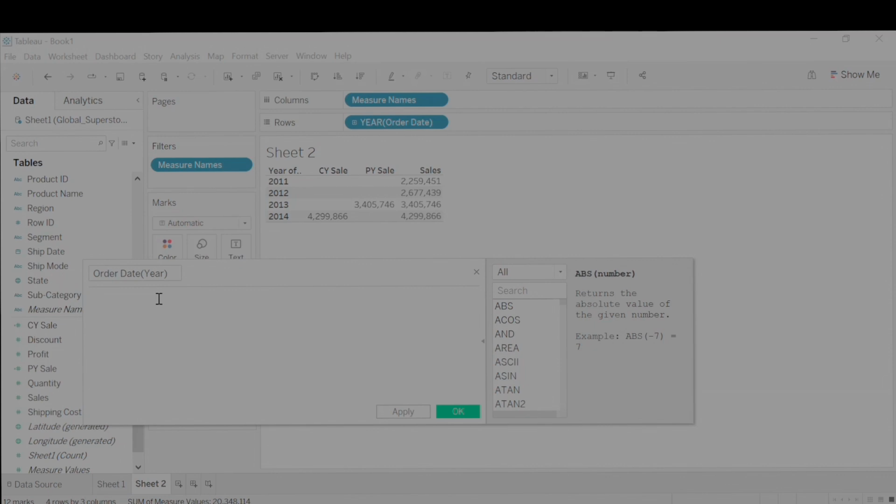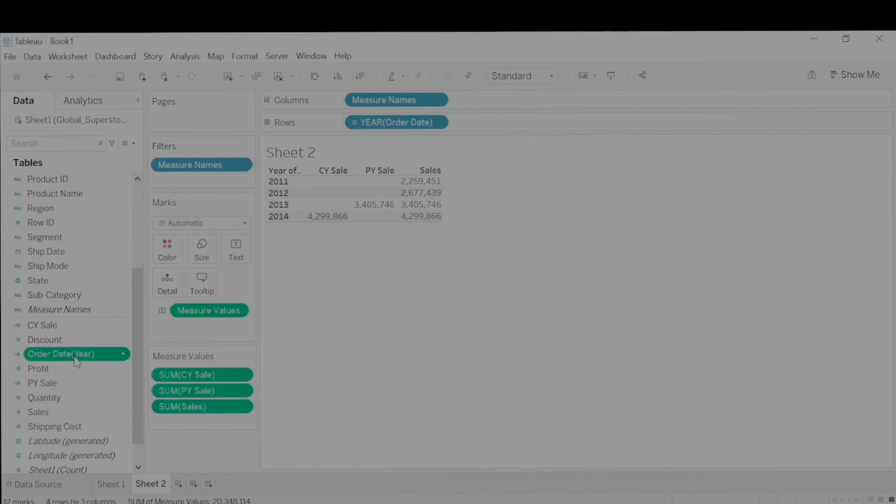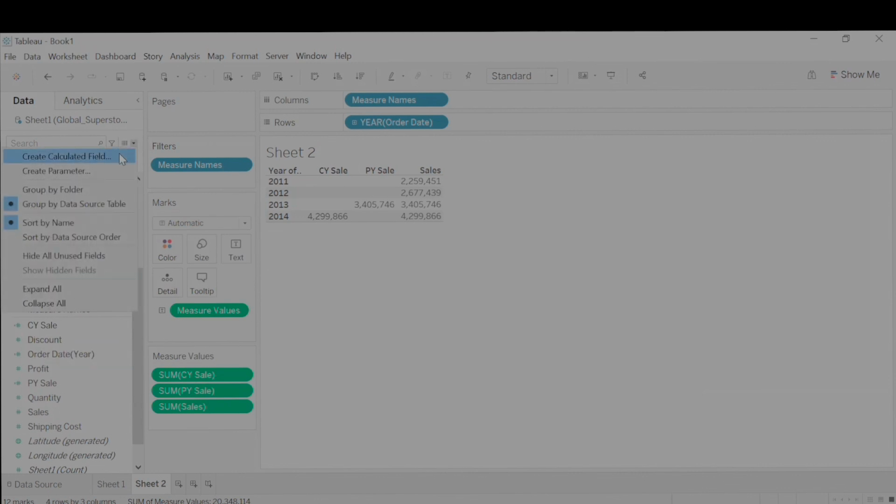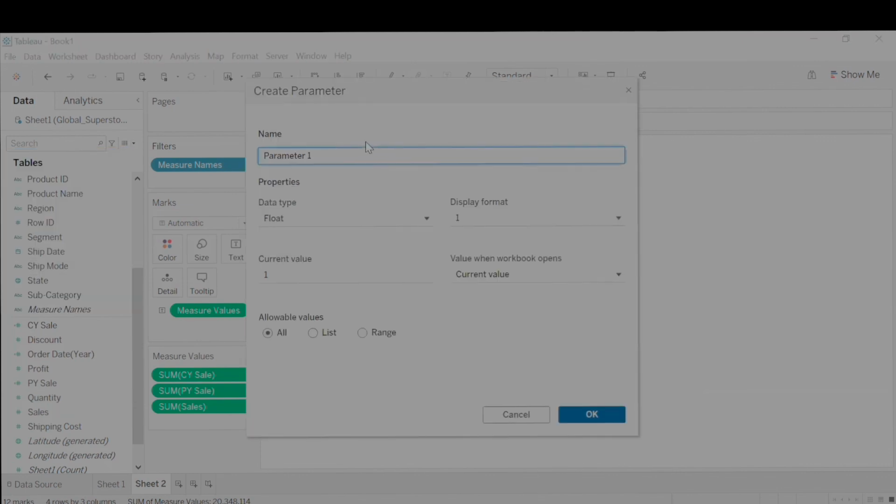To do that, we just need to say year. We have the function year, and then our column or our metric, which is order date, and that will be it. So now we have this calculated field, and we can go ahead and create our parameter to make the current sale and previous sale calculated fields dynamic. I'll create a parameter, and I can name it selected year,